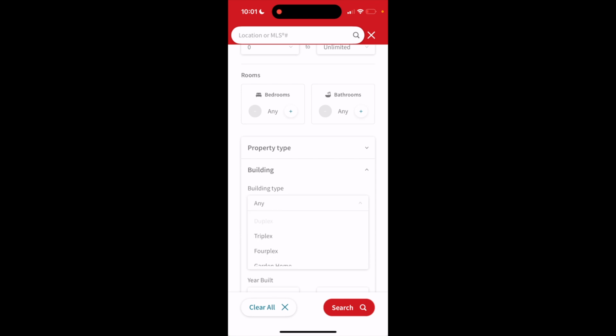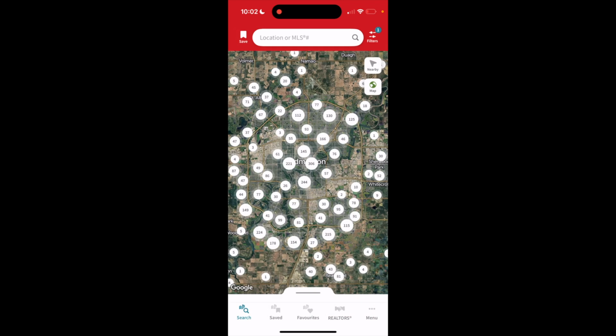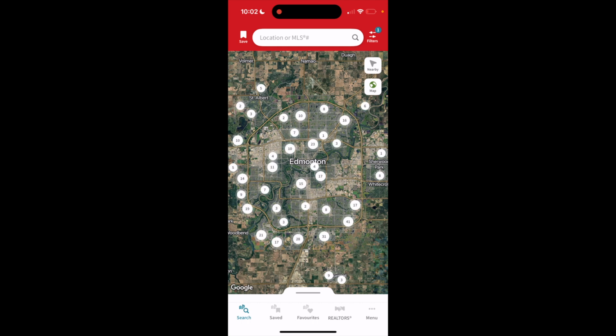Now what it's going to be doing is refining your search for listings that are only considered duplex listings for sale. So very simple, very straightforward. This is how to find duplexes for